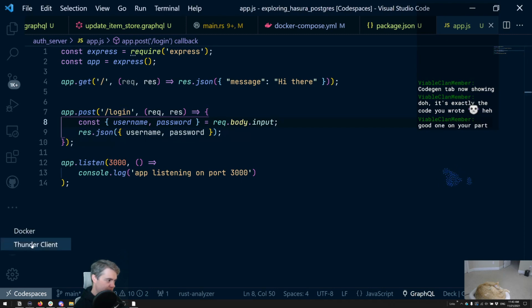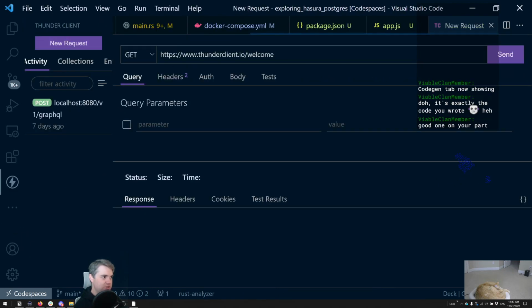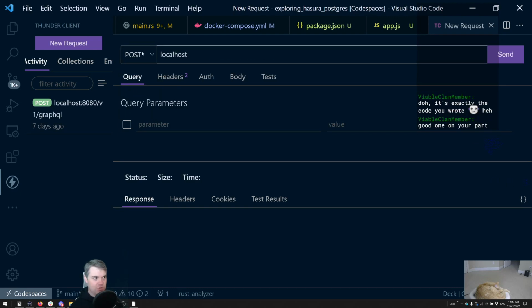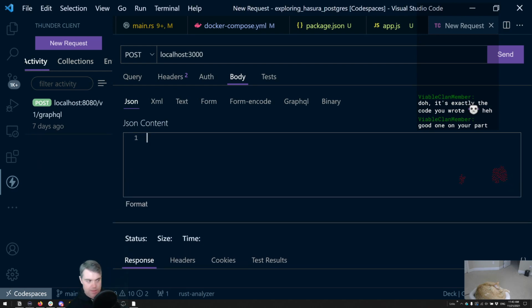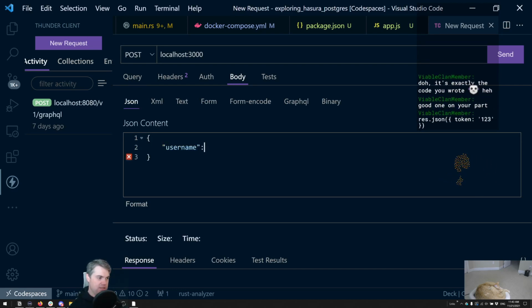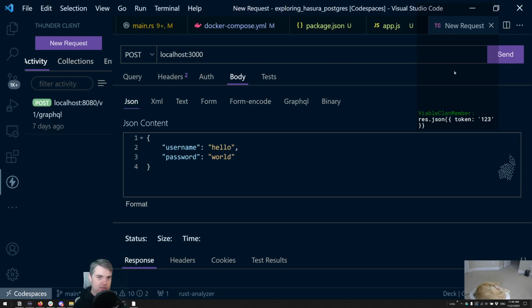I have this Thunder Client here. What I can do is a post to localhost 3000. We're gonna do a body JSON. Username, let's just say your username is hello. Password is world. Okay, so if I send you